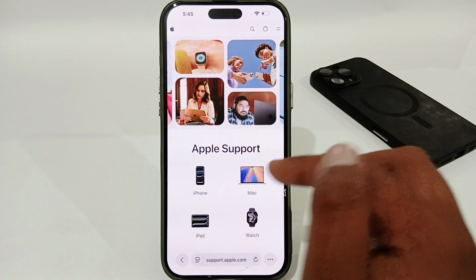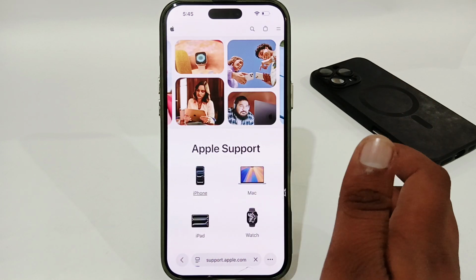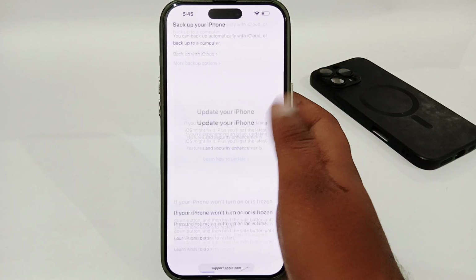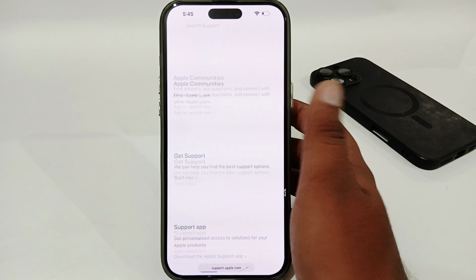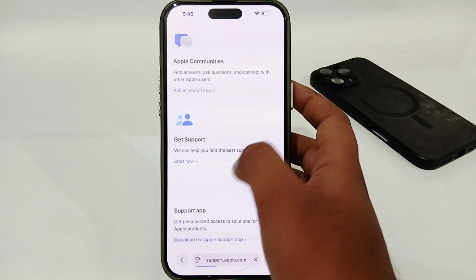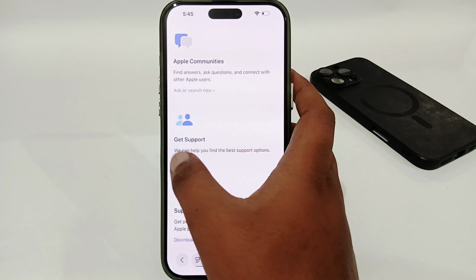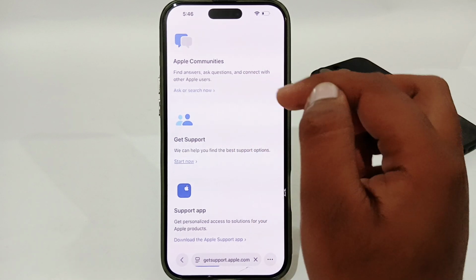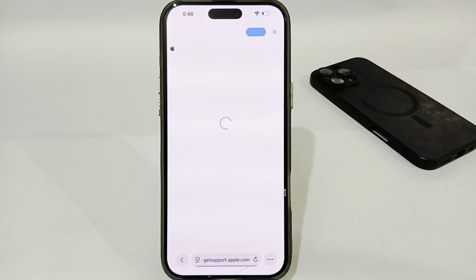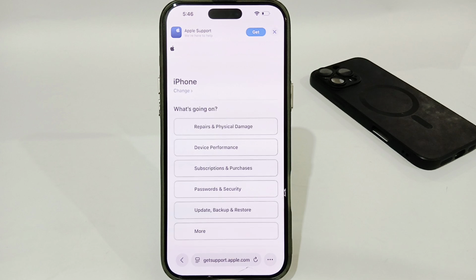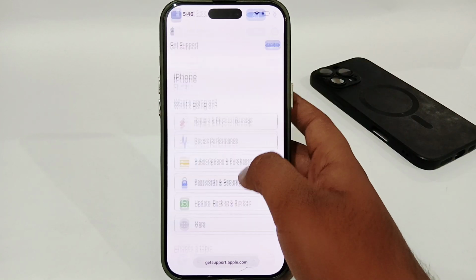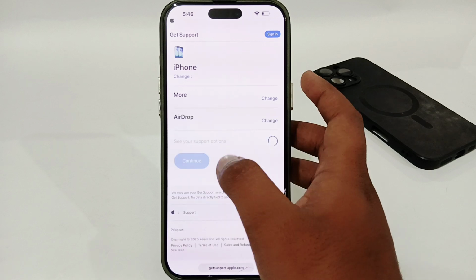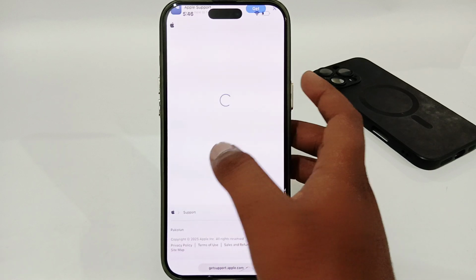and from here you just have to select your iPhone or iPad which you're using, and then you just have to look for the get support option here, and you will get the option of get support. You have to select start now here, and then you have to look for AirDrop in your support section, so you have to wait for the next page here, and here you just have to look for more, and then look for AirDrop, and then select continue here,